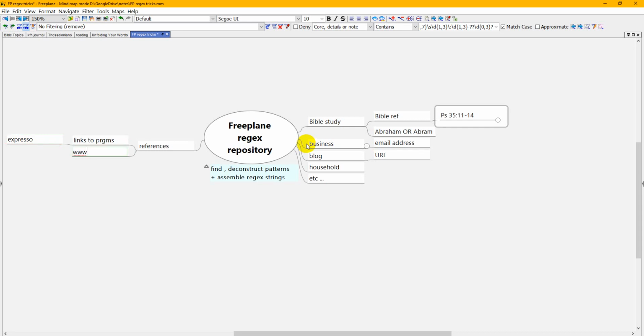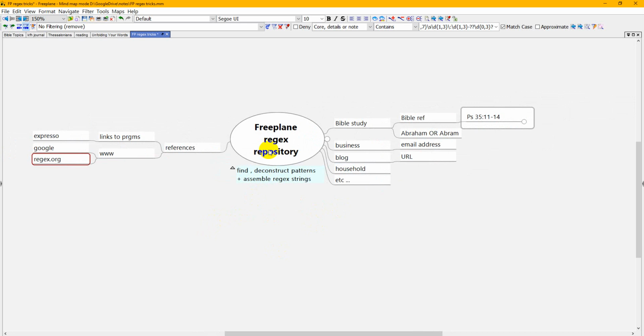Or I can make links to www.Google.com. I can do a Google search and make a link to it. Or I could go to regex.org, assuming there is such a thing, and make a link to that on the web. So now I have one place, and the more I use this, the more valuable it becomes,